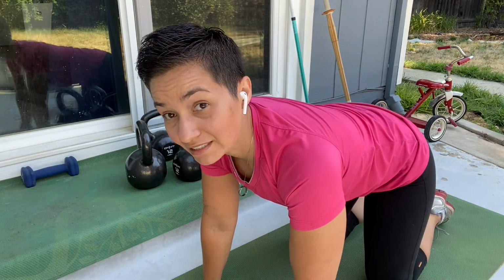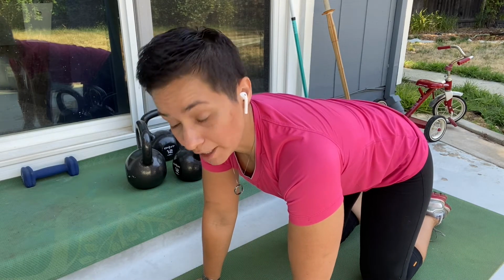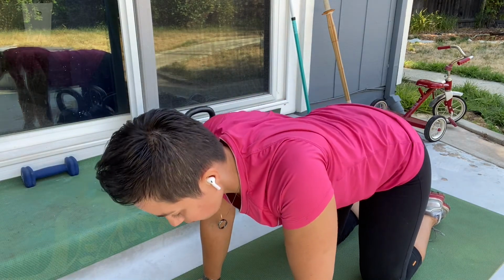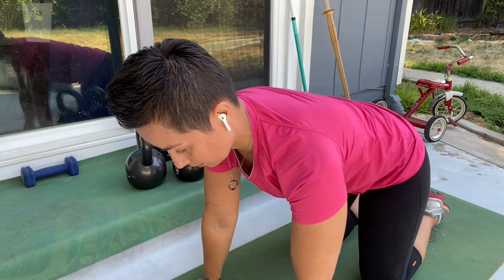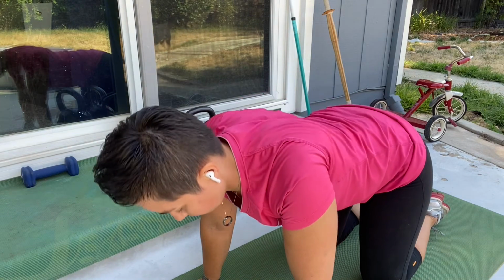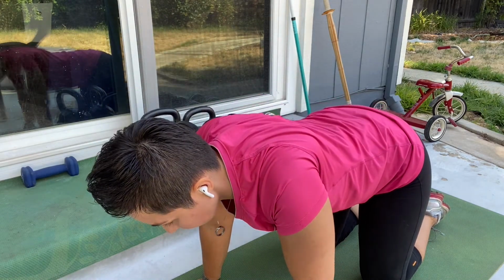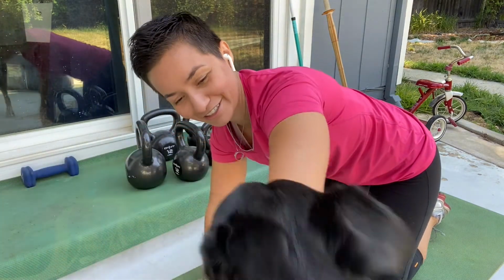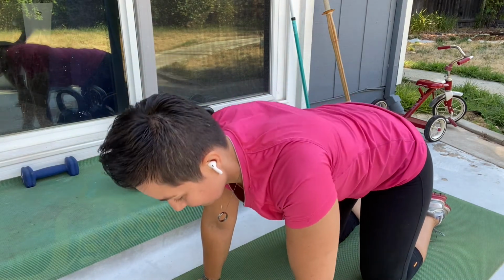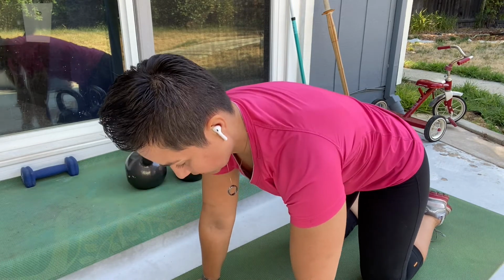So let's do 15 together. Tight abs, hands directly under your shoulders, knees directly under your hips. Head straight ahead. Keep the elbows straight, lower, squeeze, and up. 1, 2, 3. Keep the elbows straight. 4. Excuse me, sir. 5, 6, 7,